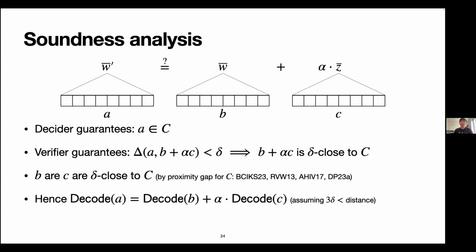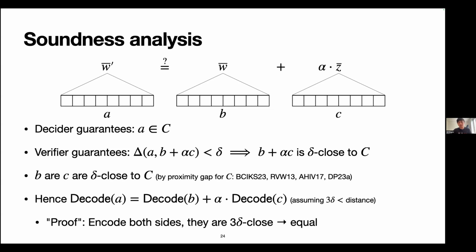Okay. And the point is, if A is a perfect code word and B and C are only slightly noisy, and they obey the linear relation over the vectors, then once you decode them, they should also obey the linear relation over the decodings. In our paper, we give a better proof using a more precise proximity gap statement. But just as a simple example for confirming this intuition,